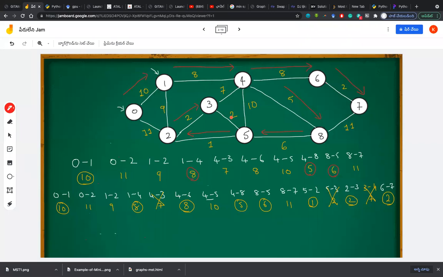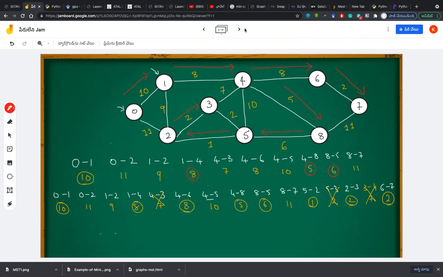What I'm saying is, if there is an ambiguity from a single node, for example from 3 you got 2 and 5, then people can understand that you are taking this path. Among these two, you can select anything. Still it is called only one spanning tree. Whether you take the path of 3 to 2 or 3 to 5, it follows the same formula. Most of the spanning trees will look the same, except for a few directions that you change. I hope I answered your question. Yes, got it, sir.